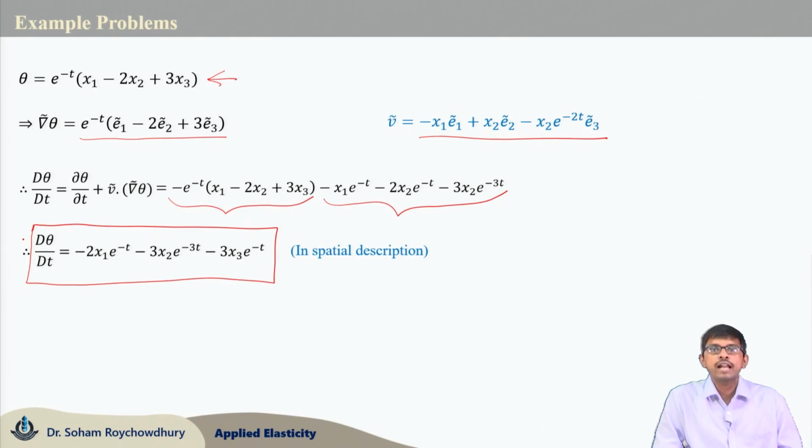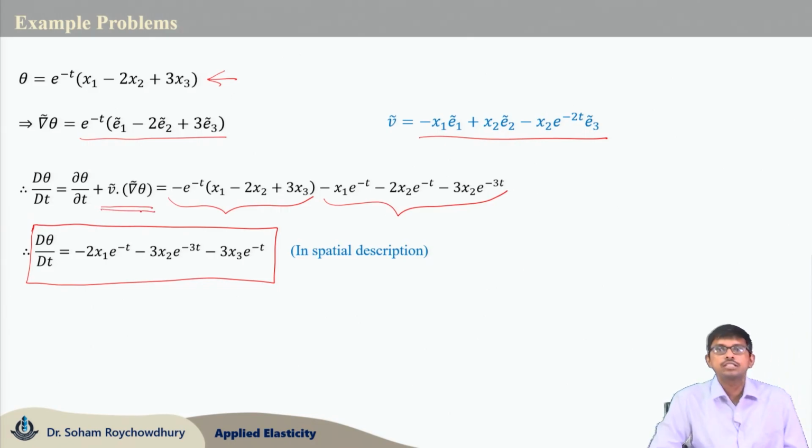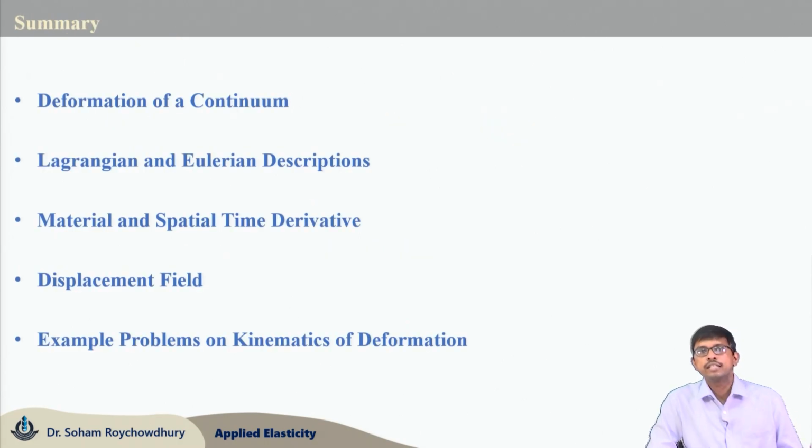And if you were asked to obtain it in the material description, then there is no need to consider the convective term. This term v dot grad of theta is not required to be considered for the material description. D theta dt would just become del theta del t in the material description. So, in this lecture we had introduced the basics of deformation of a continuum using both Lagrangian and Eulerian description. We had also talked about the material and spatial